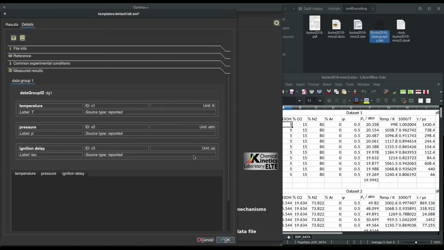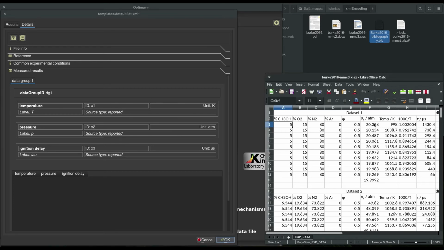Now I can insert the measured data in the bottom table. So I copy the corresponding columns from the supplementary material to the system clipboard.